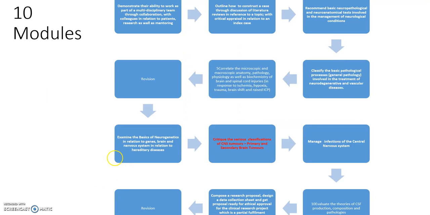So our neuropathology course consists of 10 modules, each module being 1 week long with learning objectives attached to the learning outcomes. These learning outcomes are very well stated here and given 1 per week. There are 2 revision weeks within the course. You will become familiar with these learning modules later on as we present our course outline and different